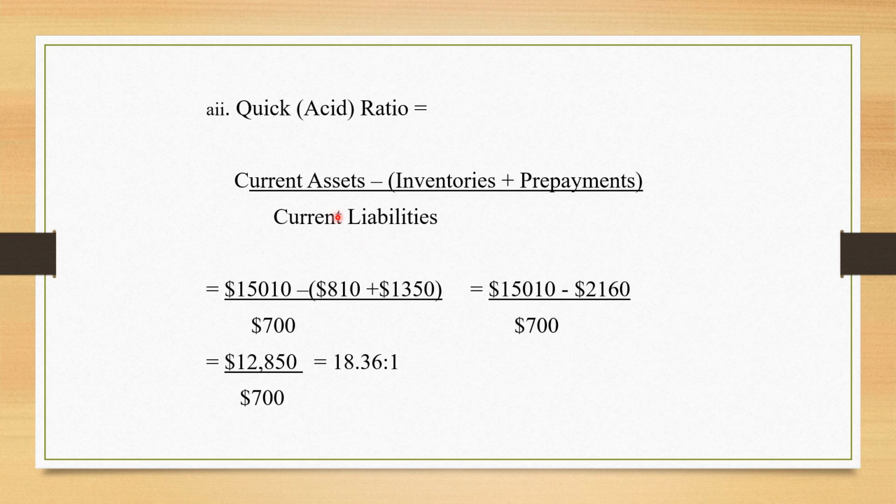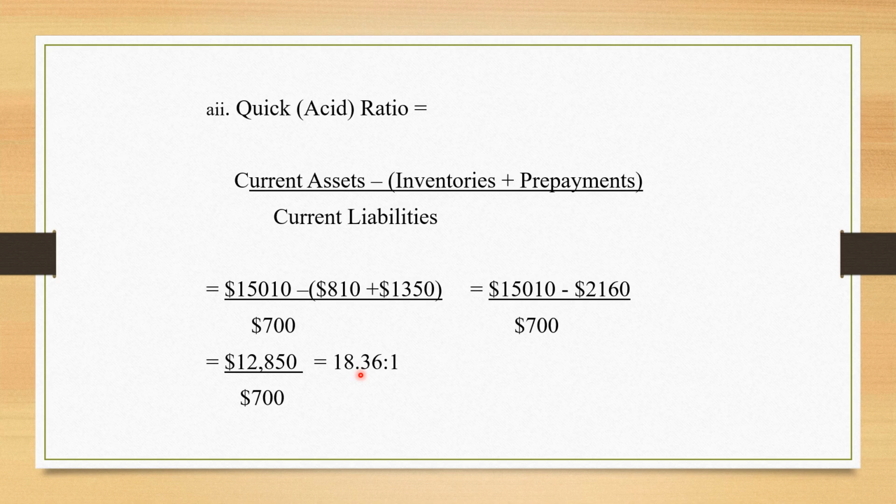So the current assets is $15,010, which we had pulled from the balance sheet. The inventories, also called the stock figure, $810, and the prepayments, $1,350. To give us on this side $15,010 minus $2,160 to give an answer of $12,850. The current liabilities, just as in the previous question, was $700. So we divide $12,850 by $700 to get an answer of 18.36 to 1, which means that the business can pay off its